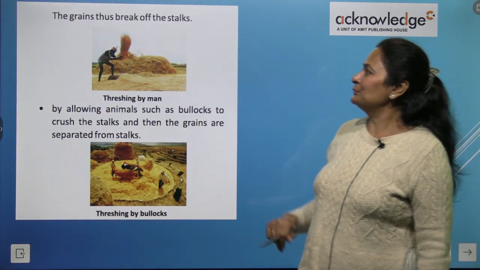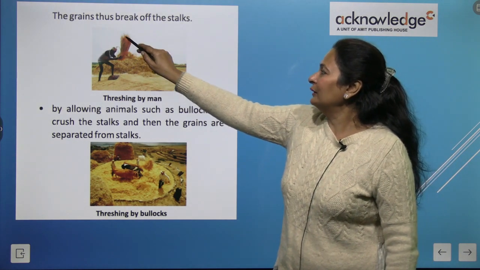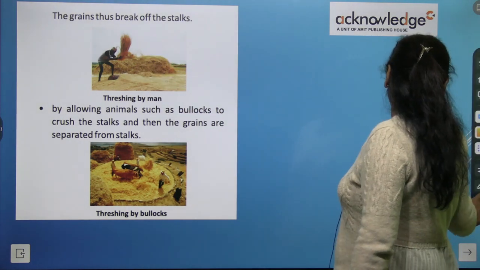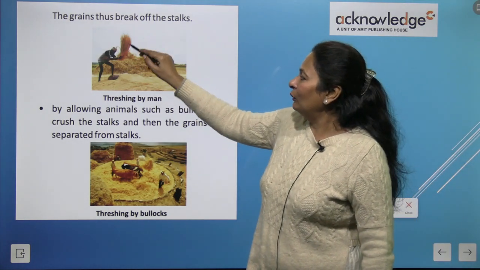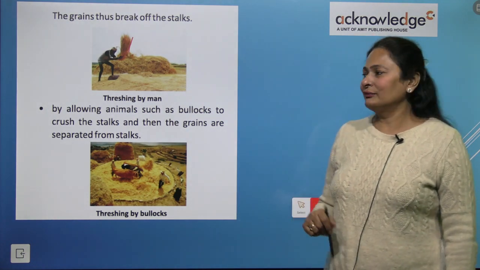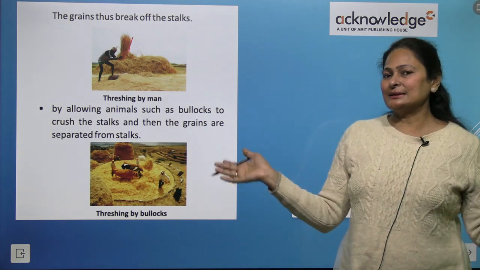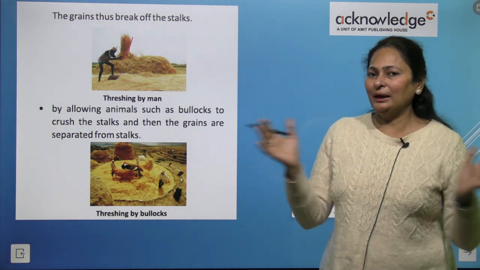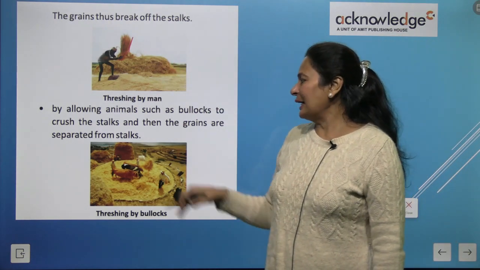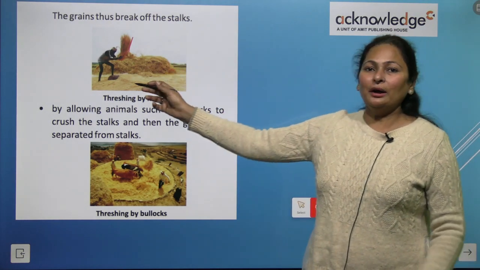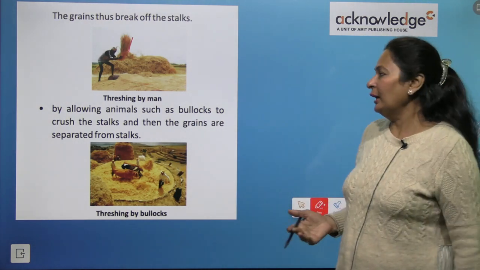But here in this picture, it is clearly visible, a man. He has the bundle of stalk in his hand and he is beating it on the ground or any hard surface. It can be a stone too, right? He is beating and the seed grains are being separated from the stalks. But he is doing this manually because the quantity is less, right? It can be done manually, but